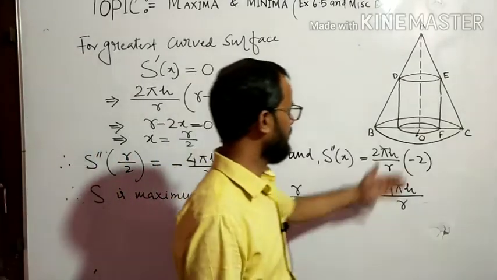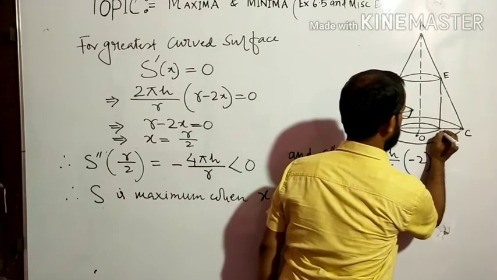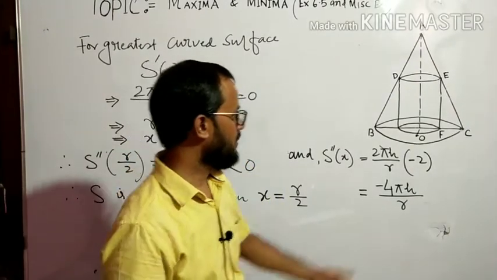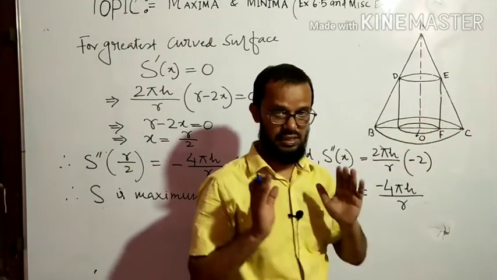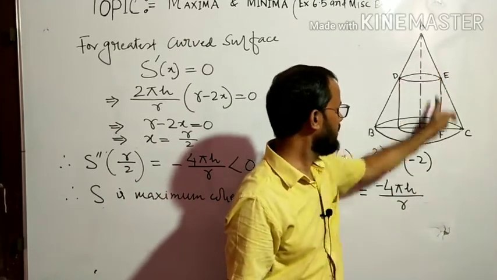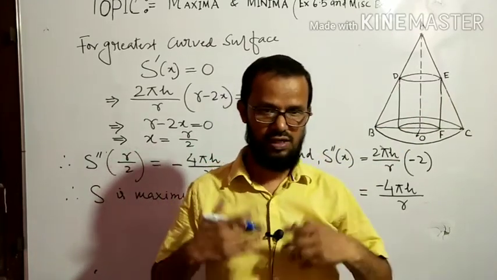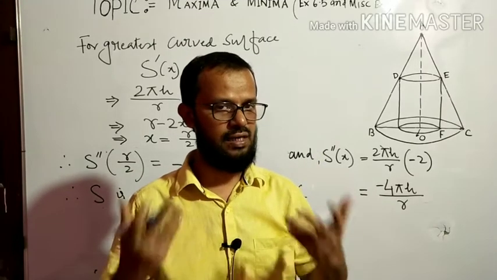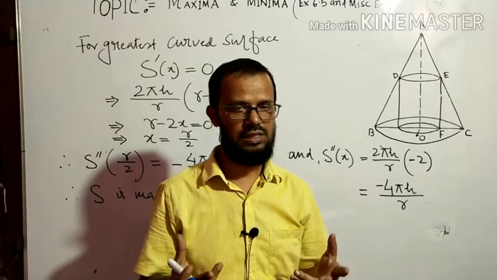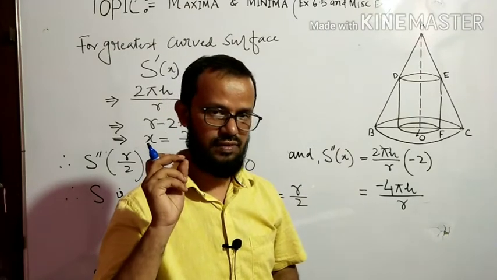So the most important part is to draw the diagram, and everything is very clear from the diagram. In this diagram, you can draw many cylinders considering different points on the side. Take one point here, the cylinder will be different; take a point here, the cylinder will be different. So for different cylinders there will be different curved surfaces, and finally among all these curved surfaces you get a greatest curved surface.